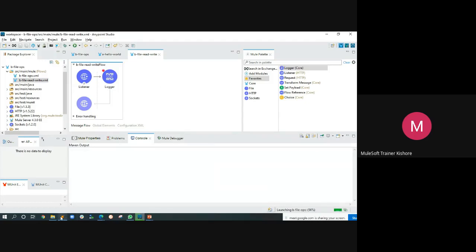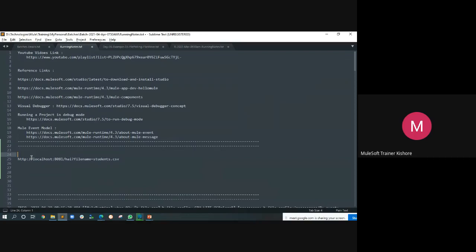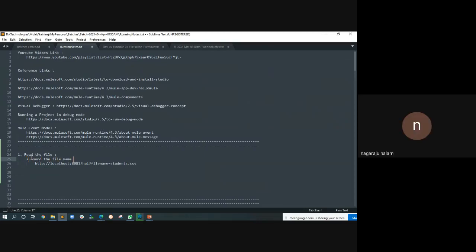So what is our first task here? What is our requirement? Anyone? What is our requirement? Read and write into the file. You should detail out the steps of what you are going to do, then only can you understand the application that we are building. Send the file name from the URL, capture the file name in the URL,